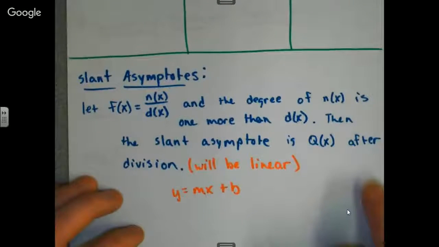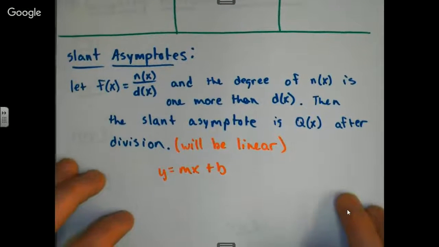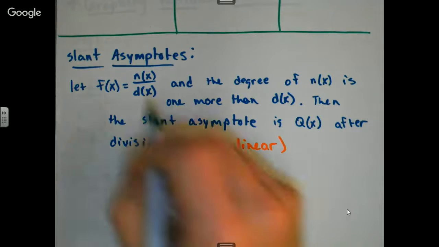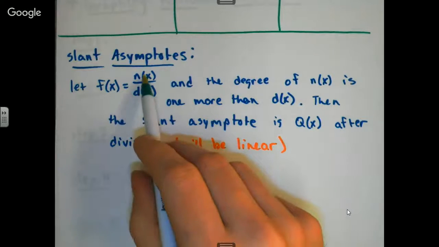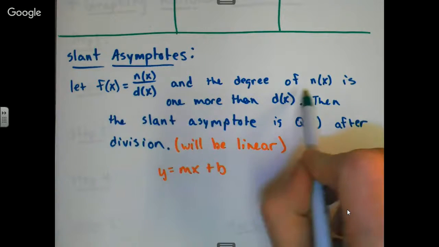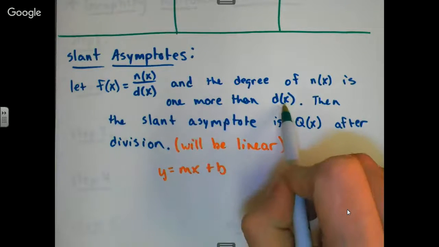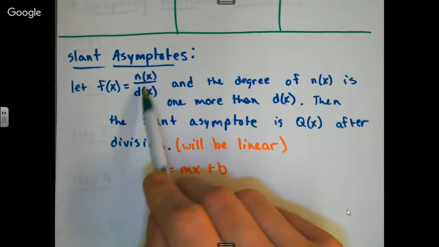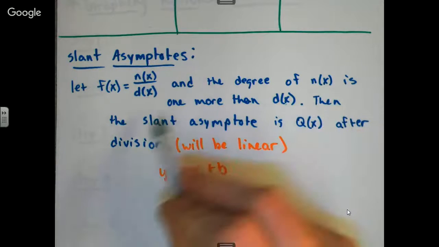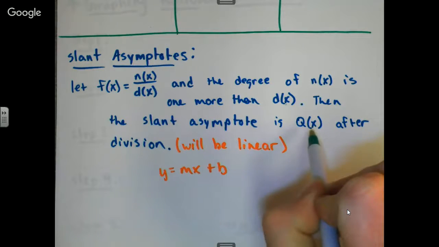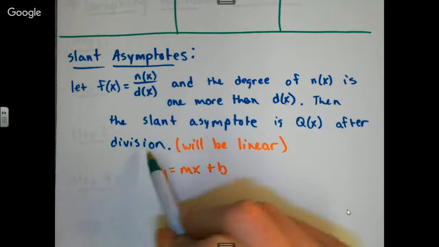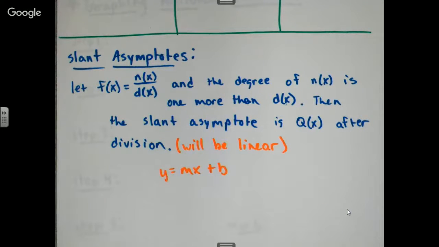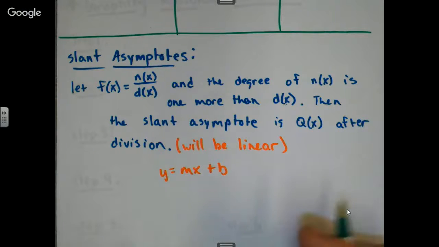Slant asymptotes are where things get a little bit tricky. Okay, so we've got our polynomial here, numerator and denominator, and the degree of the numerator is 1 more than the denominator. So this might be x to the third, and this is x squared. They're 1 different. Then the slant asymptote is q of x after the division. So you're going to have to do long division with it. And you will get